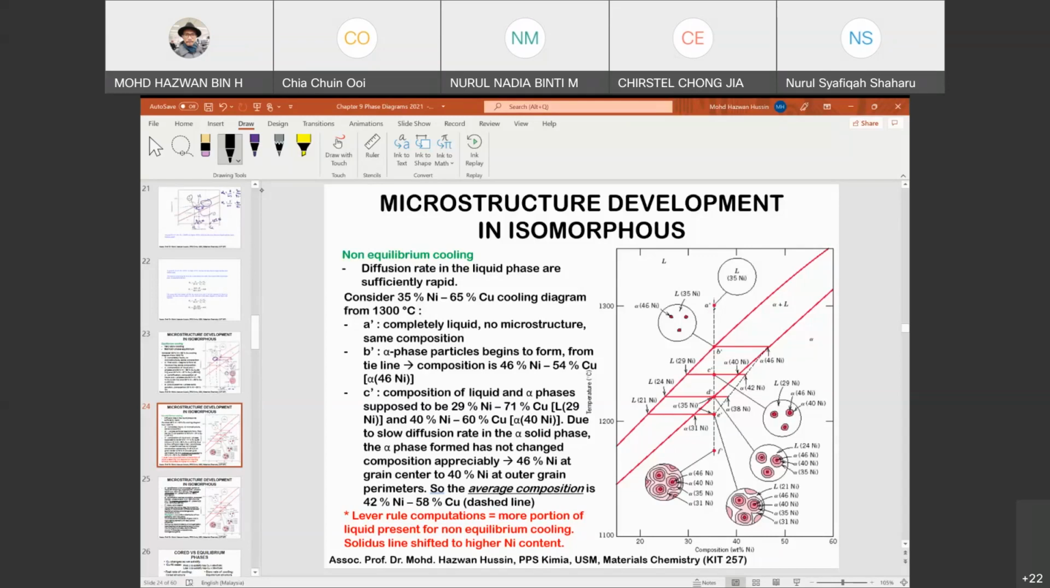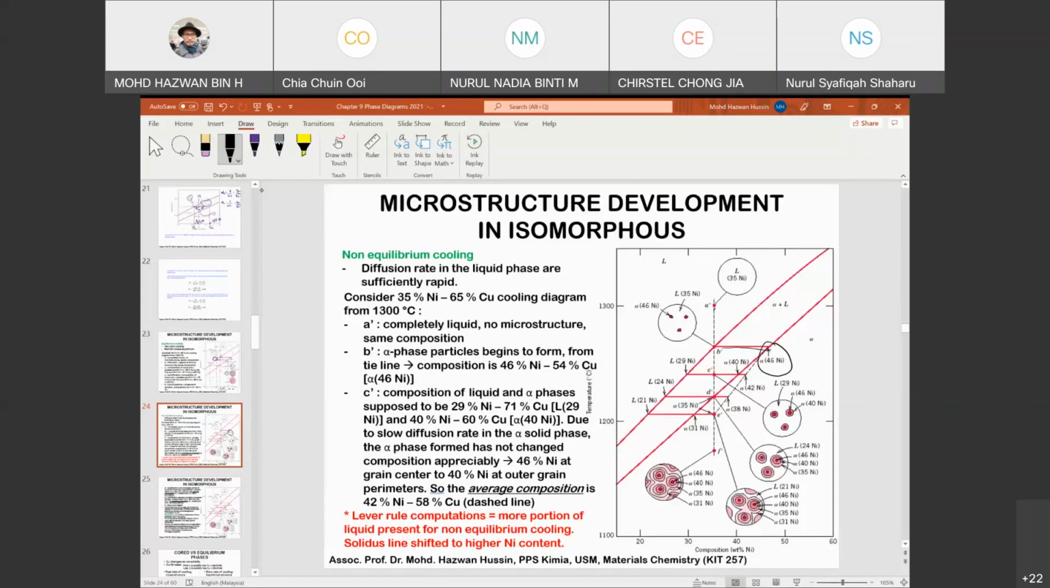So it will be 35. Again, the same. But for the solid, you can drag it a bit. You can drag it here, and then you will see that the alpha composition is equal to 46% of nickel. Right. So C prime, you will notice that the composition of solid and liquid alpha phase supposed to